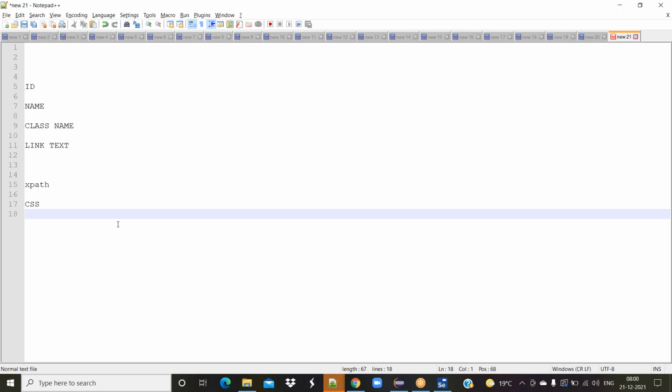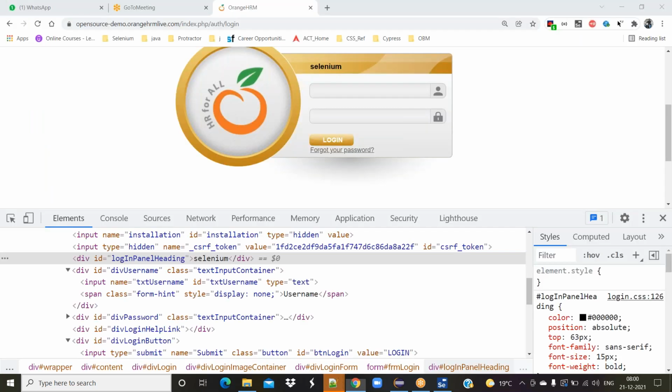So this is the way. Once we start working as an automation engineer, the first work we are supposed to do is interact with the elements. So how do we interact? By using locators. We need to write locators as per our requirement. So how to write them, and what type of locators do I need to use? These are the things we are going to discuss.